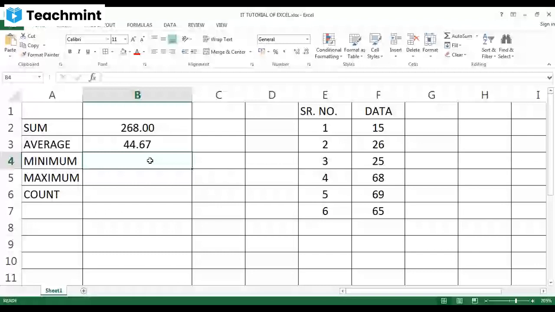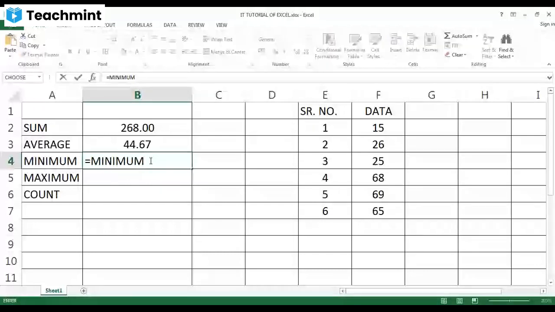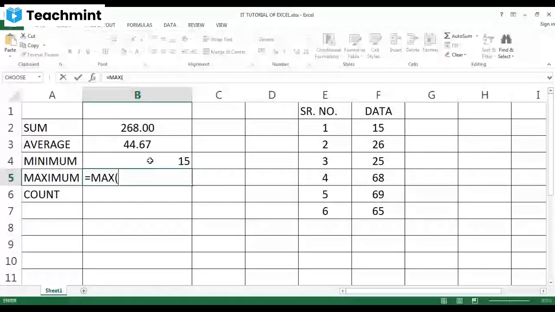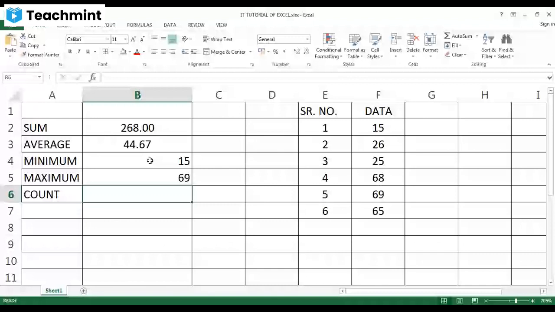Now the minimum function, equal minimum. No need to write the complete word, there is only a min function. Select the cell range again. Clear? Enter. Now the max function, and now count.